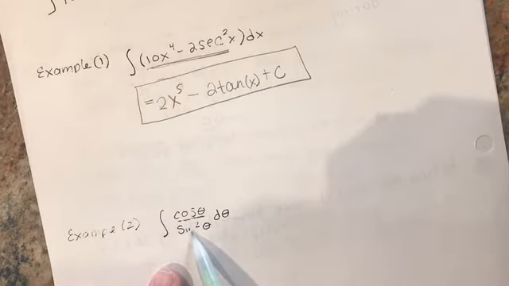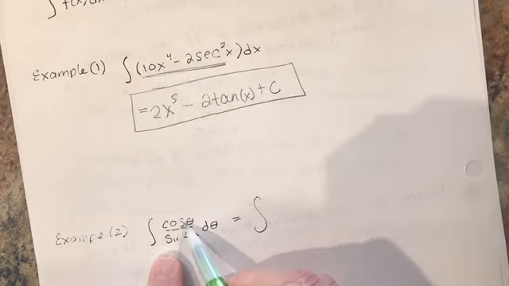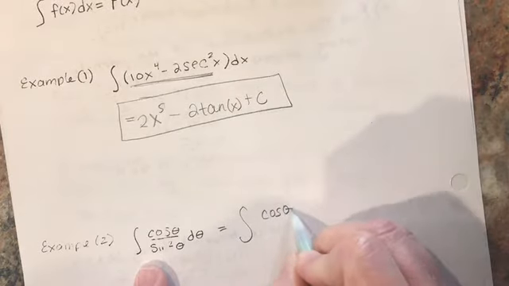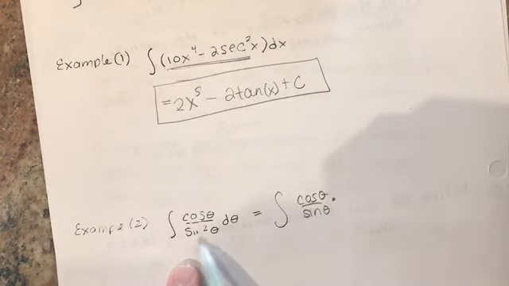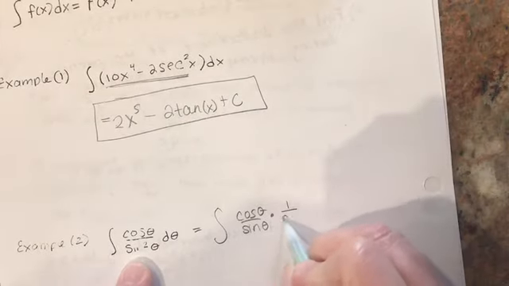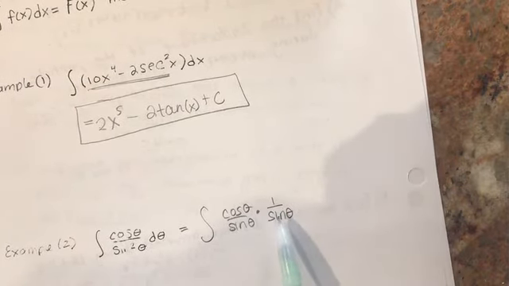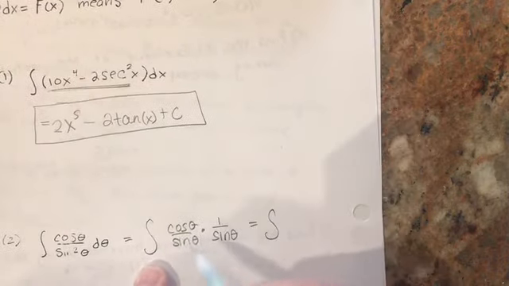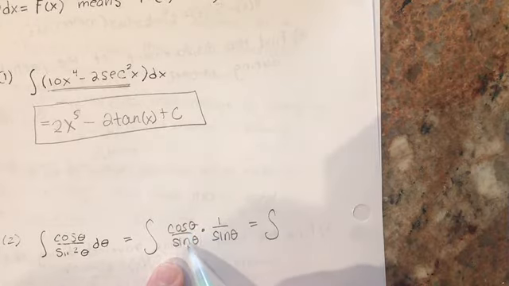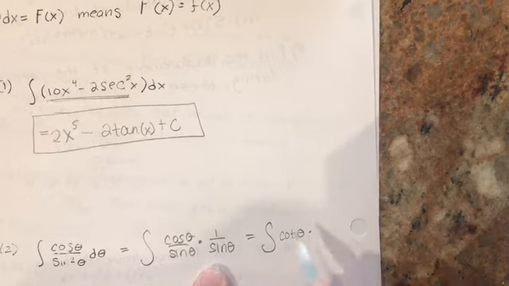Cosine over sine squared. Before I actually take the antiderivative of this, let's change how we're writing it. We could leave cosine over sine, and multiply it by another sine on the bottom, so 1 over sine. Can you guys think of what 1 over sine is equal to? That's equal to cosecant. So again, I've not integrated anything. I'm still just rewriting this in a different form. We know cosine over sine is cotangent, times 1 over sine is